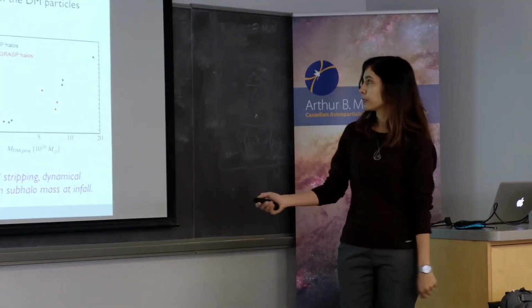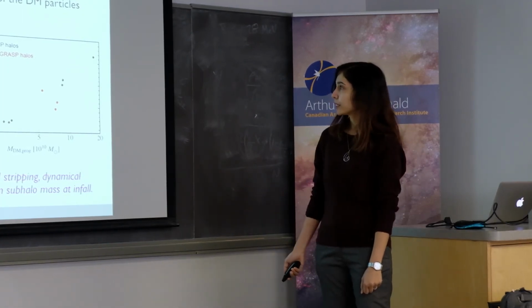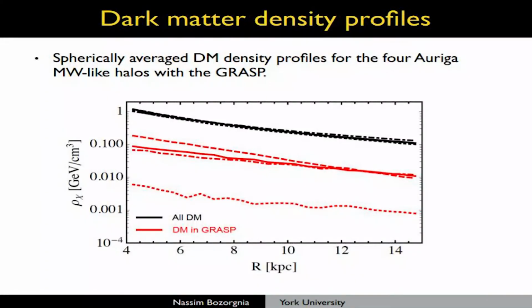But for us, we just note that this anti-correlation exists, and we can actually use it to see what has happened with the velocity distributions. We also looked at the local dark matter densities of these halos, and first of all, it doesn't have the 1/r cubed profile like the stars. It doesn't have to have this sort of profile. This is all dark matter, and for the 4 halos, the